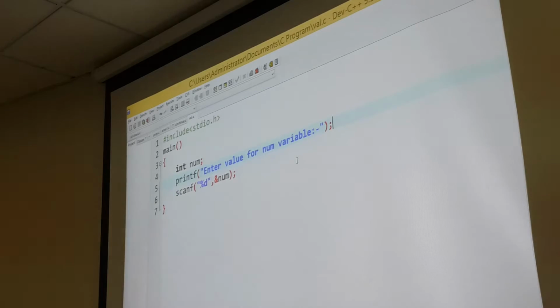So whenever you are going to repeat this num variable, you have to give a size to your variable. When you give the size to your variable, it becomes an array in C program.